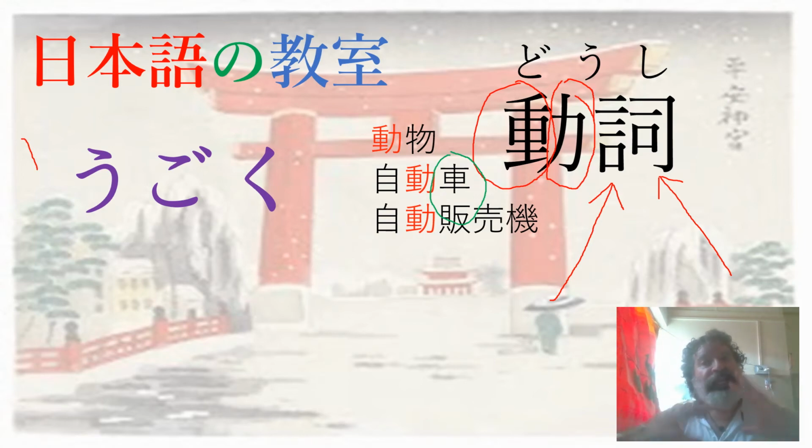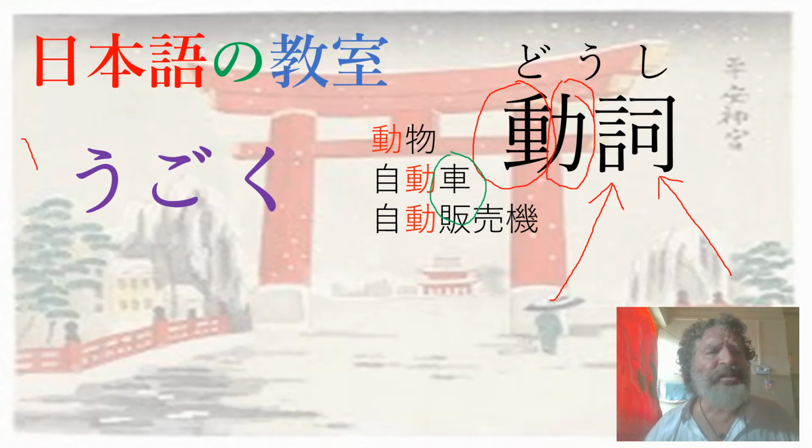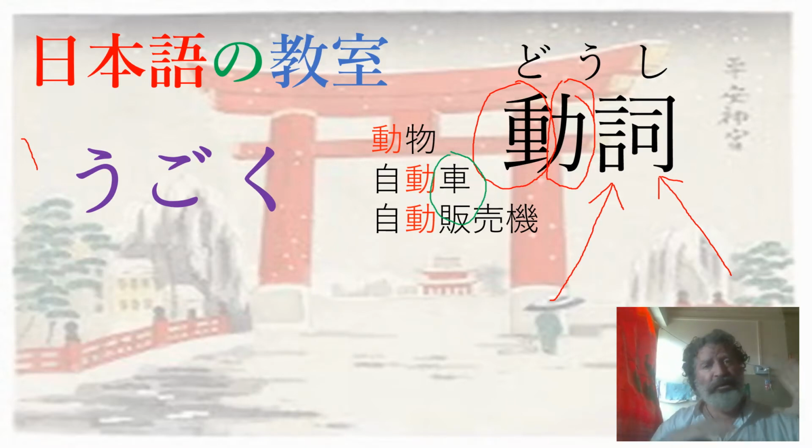The point I want to make today is that the so-called present tense, in Japanese grammar they call it the non-past tense, because it can be used to talk about a habitual action. The same is actually true in English. I think it's a little bit of a mistake to call move, I move, he moves, she moves the present tense. It's not used to denote something that's going on right now. It's used to talk about a habitual action.